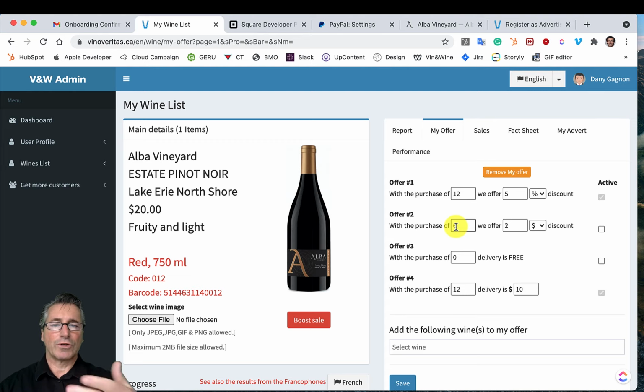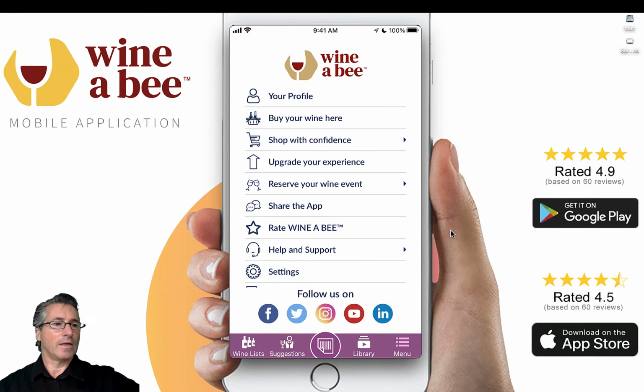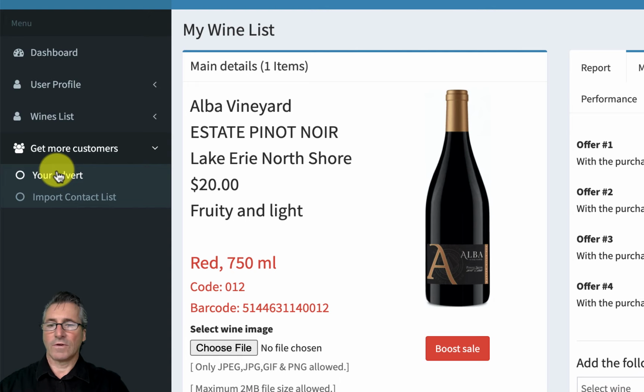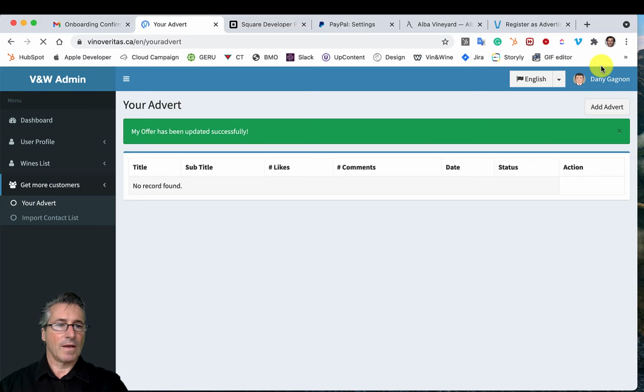Now let's have a look at the gallery where my wine offer is going to appear. So where we want it to appear is this. When you go to menu and you go to buy your wine here, you want to be in this list here. So let's go for that. Get the information, your advert, add advert,